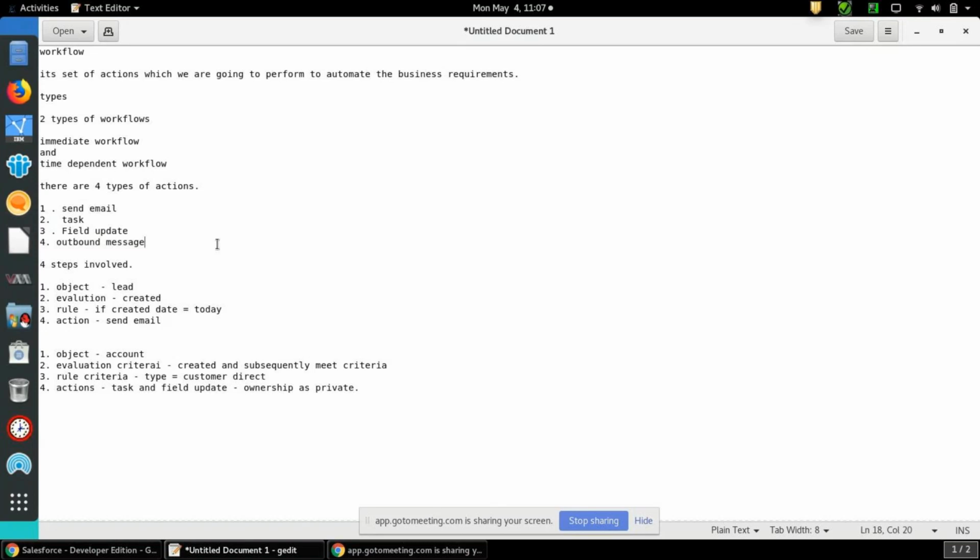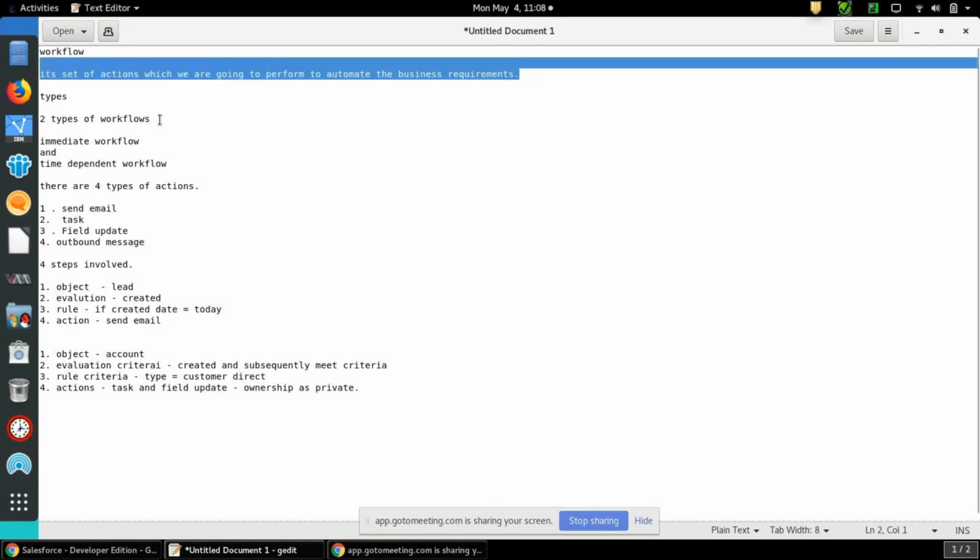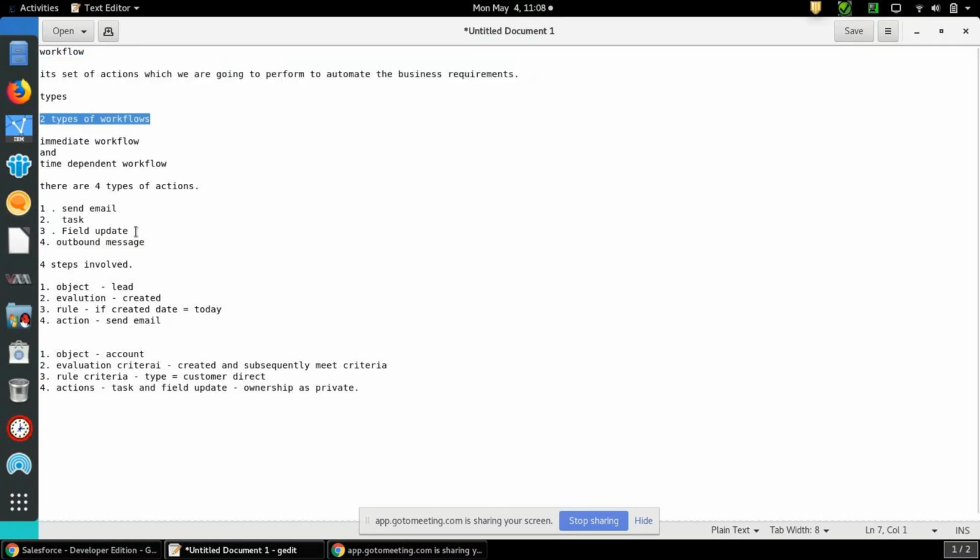So all other things we can overcome using process builder. Workflow is only related to one object, but in case of process builder we can do multiple actions. I will explain in detail about process builder in coming sessions. So today we have seen what is workflow and types of workflow and what type of actions we can do, and we have seen two scenarios as examples.